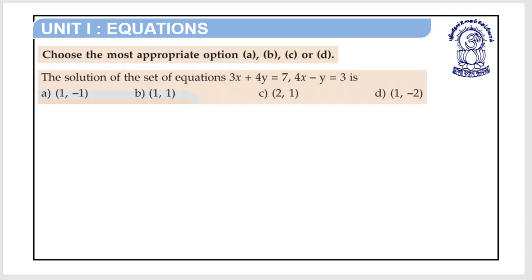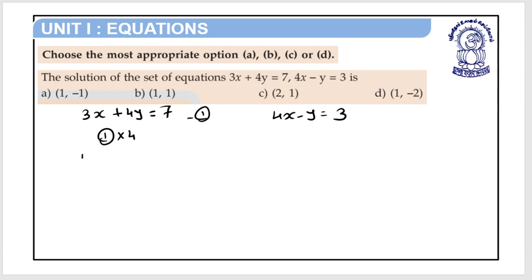Next, choose the most appropriate option A, B, C or D. The solution of the set of equations 3x plus 4y is equal to 7, 4x minus y is equal to 3 is. Here, write equation 3x plus 4y is equal to 7, equation number 1, and the second one is 4x minus y is equal to 3. Now eliminating one unknown, multiply equation 1 with